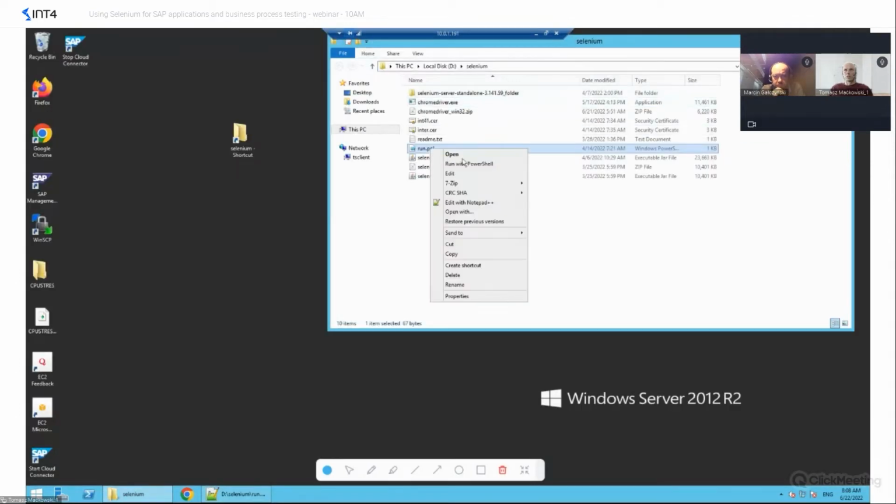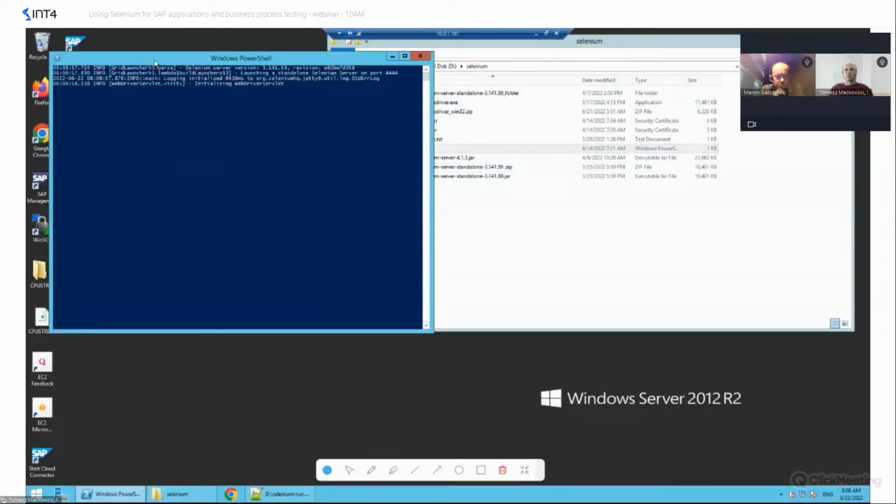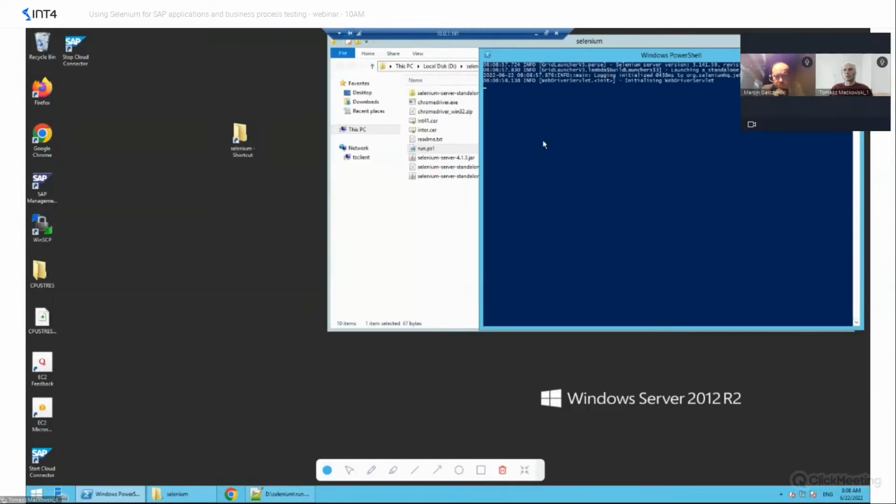So I will now run this command, and the Selenium server is a simple web server. By default, it starts on port 4444, and now it's already up and running. What it means now is that a Selenium server is listening for commands, and it's exposing an API where you can start automating